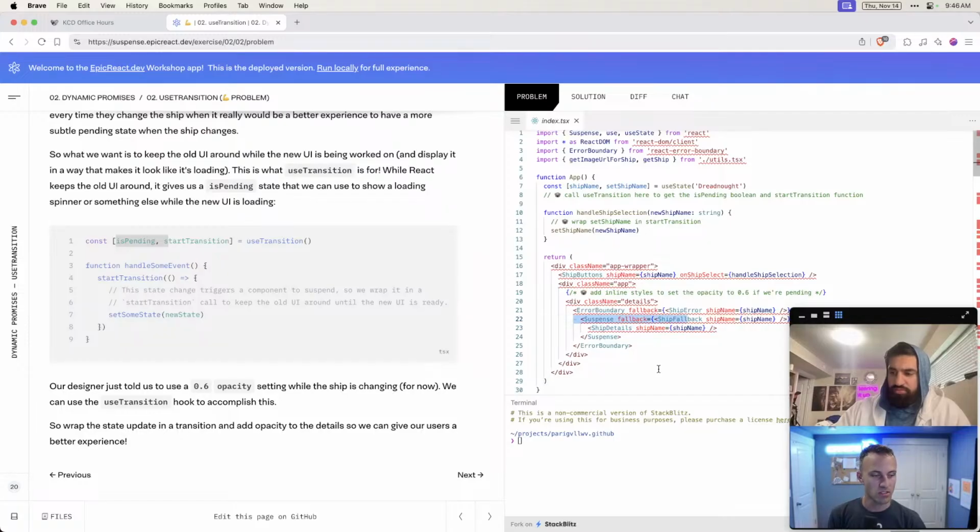If we remove the suspense boundary, then when we call use with the new promise, React will say, okay, let me go find your closest suspense boundary, because we're not in a transition. This is like a brand new suspending component. And so we're going to go up.